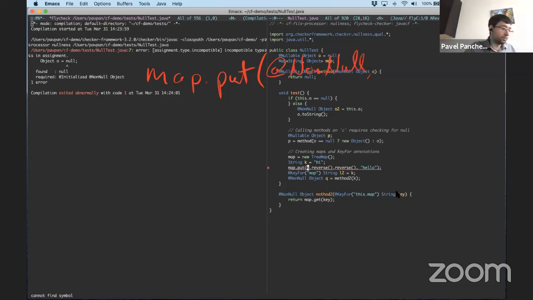And the value we're putting also has the state non-null. And it calls a transfer function, which says that, in lieu of anything interesting, map.put returns void. So there's no annotations valid on void anyway. So the transfer function tells us it returns top.